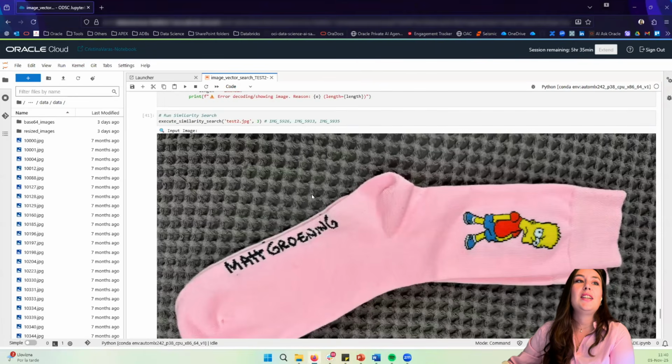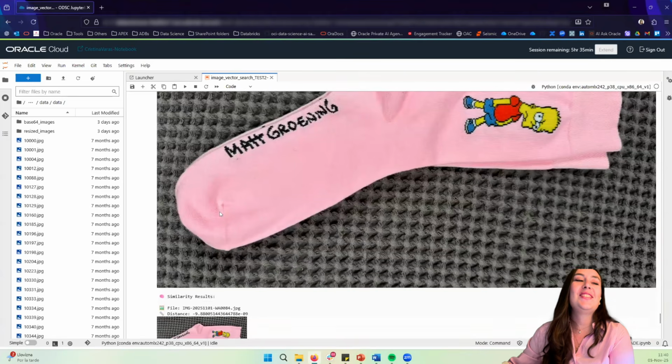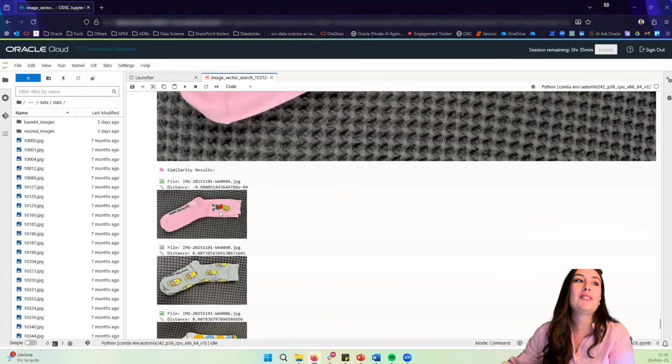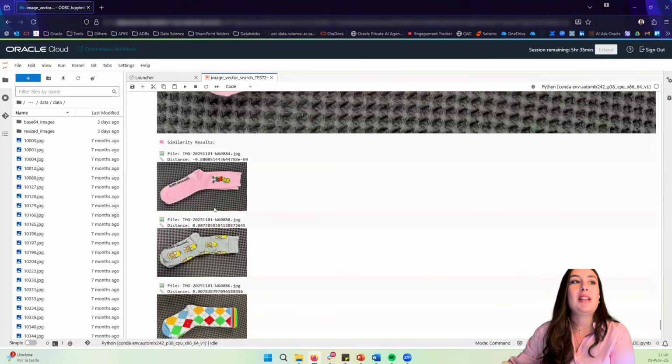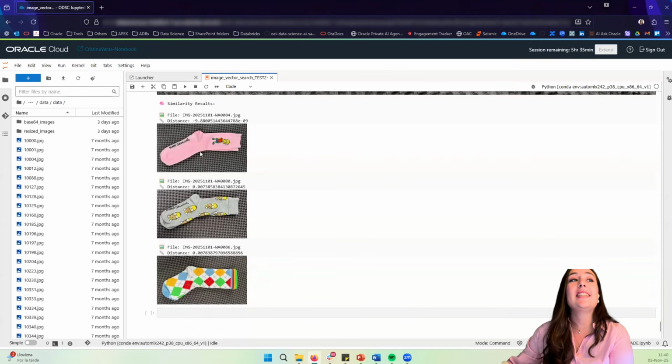So here you can see very nice socks that we have from our colleague. And you will see that the similarity search is working fine and finding the similar items. In that case, it's taking some socks also from The Simpsons, Homer Simpson, another type of socks. If you are wondering why the same picture also appears, it is because I used one that is already in the database, but generally if you upload another one, of course it's not going to appear. The distance.